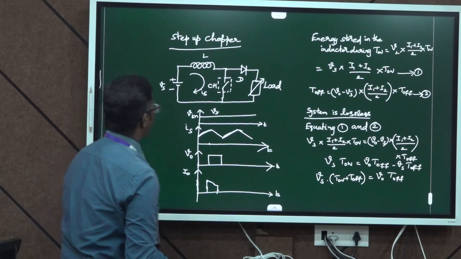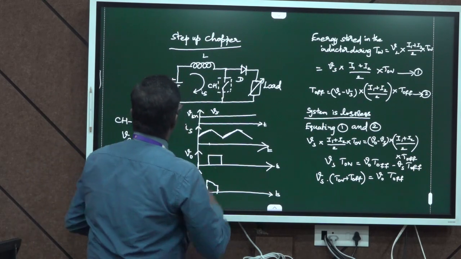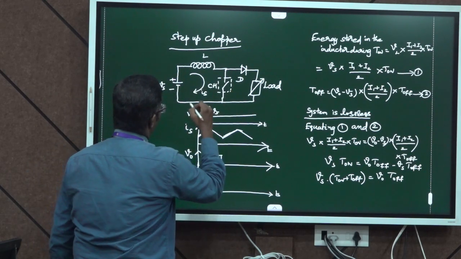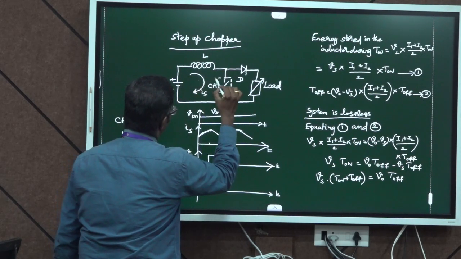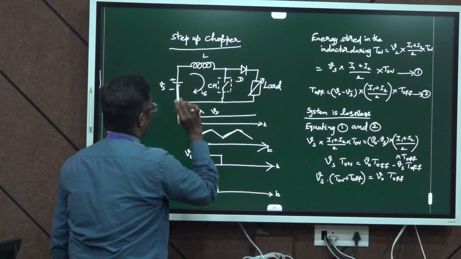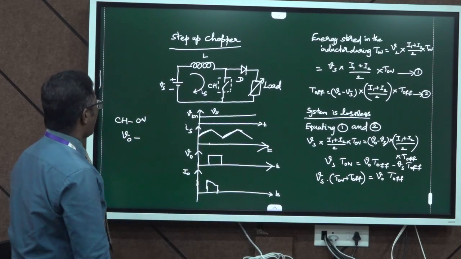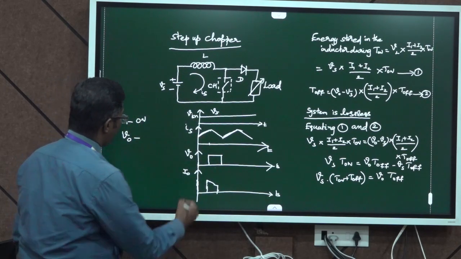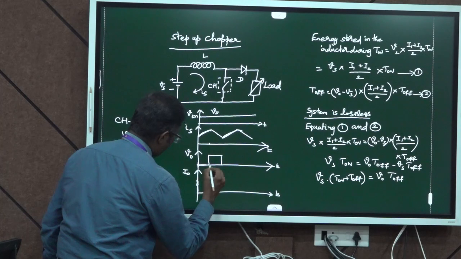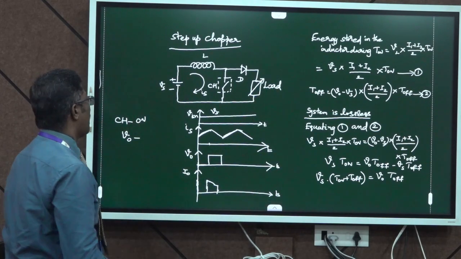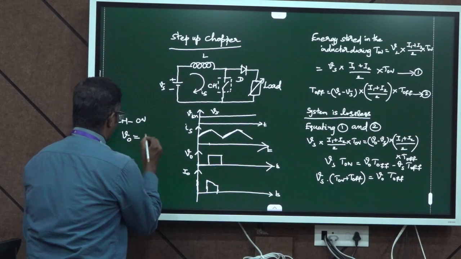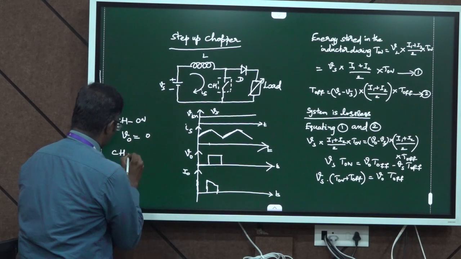At that case, whenever the switch is closed, then the current will flow through this loop. From the positive terminal the inductor will store the energy, and then to the switch, and then to the negative terminal of the supply, so that the output voltage V naught will be equal to 0. There will not be any output voltage across this load, and whenever the chopper is in off state,